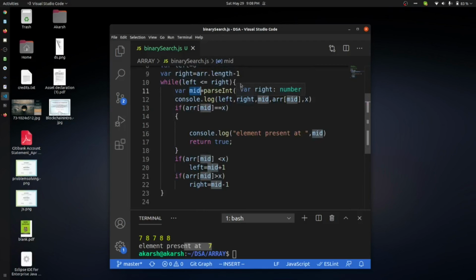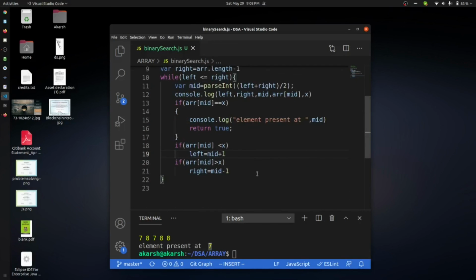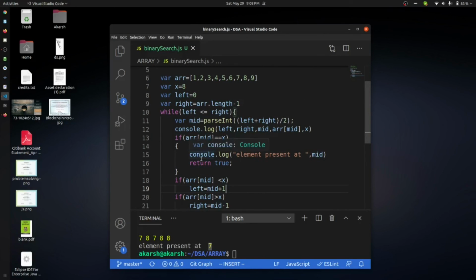I think it was due to block scope. I had declared the variable inside this block and was accessing it outside this block. That was the issue.